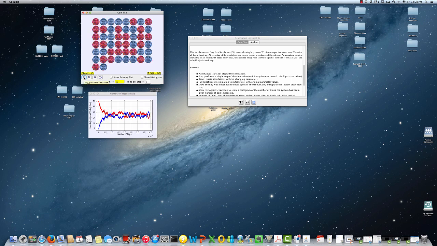So you can pause this whenever you like, and you can reset it, and you can, say, bump the number of coins up. Let's try 500 and see what happens then. Okay,